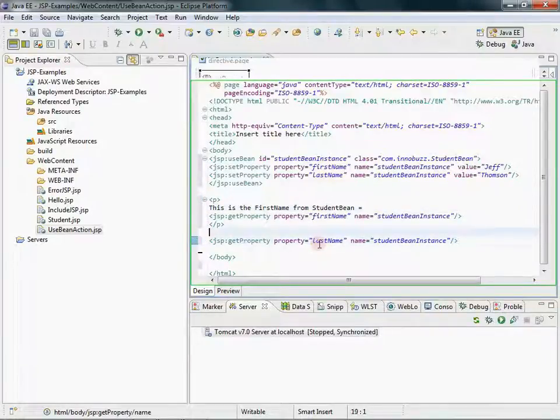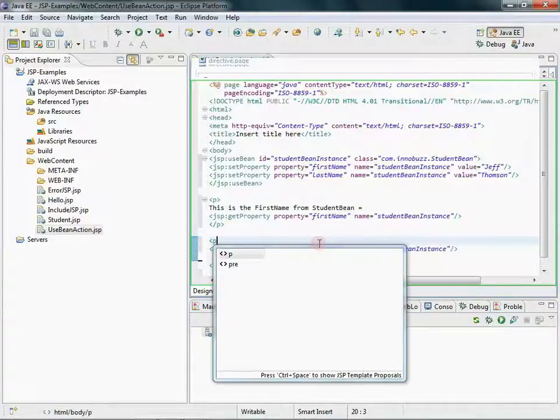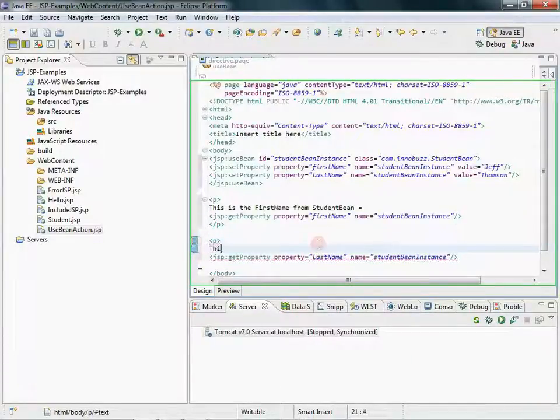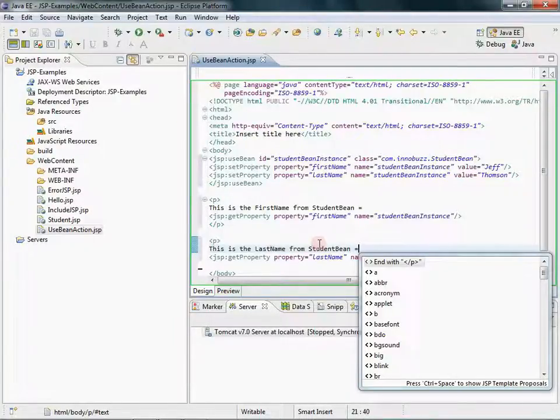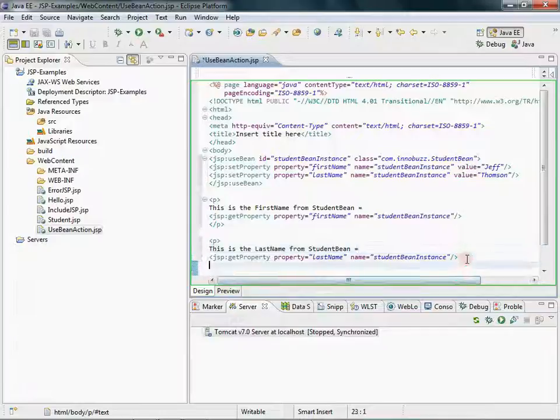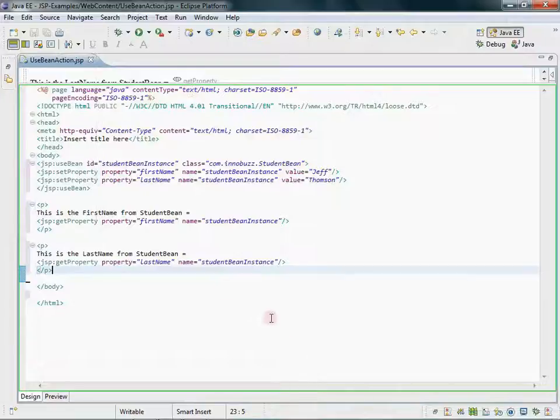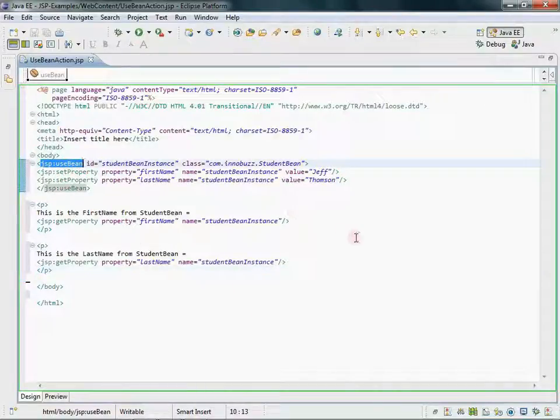The same follows for this: the last name from StudentBean. So to end the tag, you're done with this useBean action JSP file,